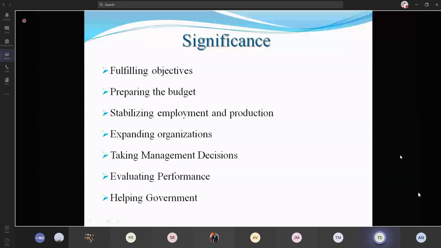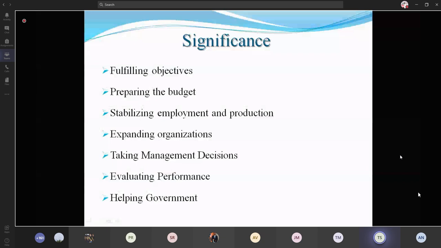And helping government. Mainly this regards the policies fixed by the government. Now we have some production policies, price policies, the maximum units that have to be produced, the ceiling, and certain rules and regulations which should be followed while importing and exporting commodities and related activities. So all those things come under helping government. Is it clear, guys? Shall we move to the next one?